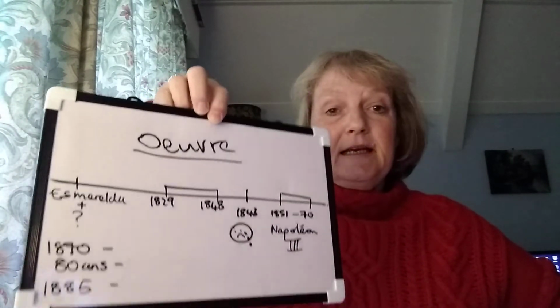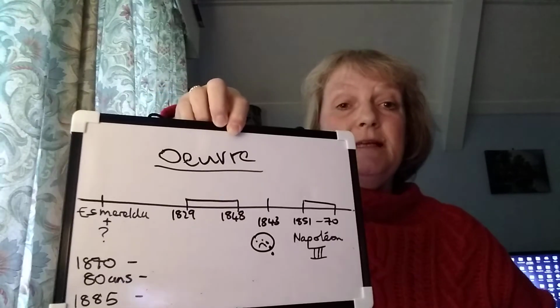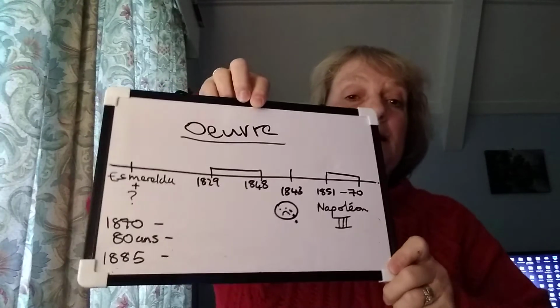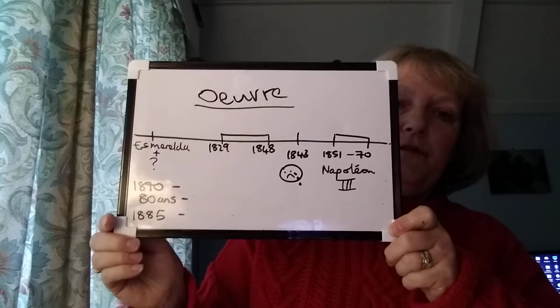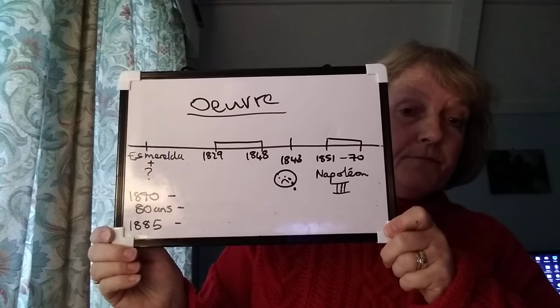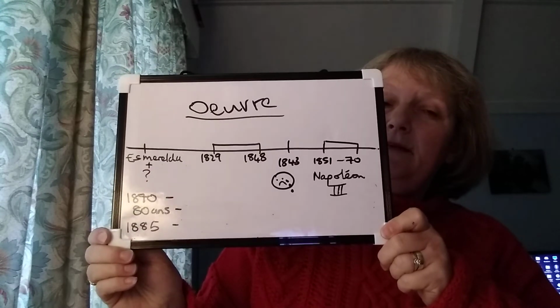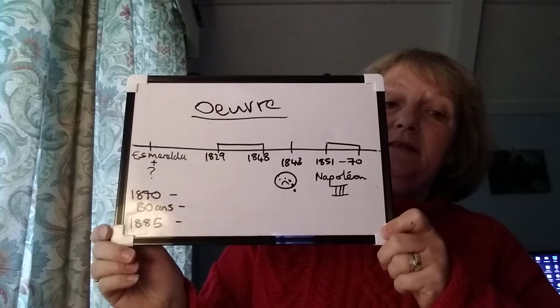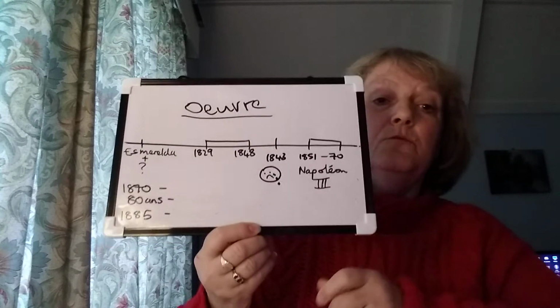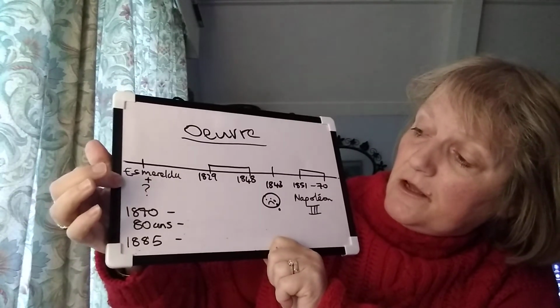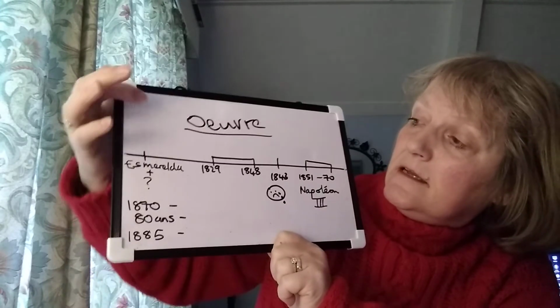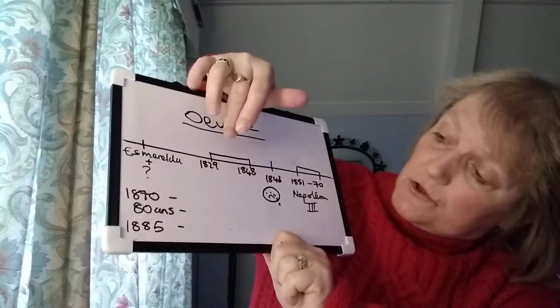Les pièces de théâtre, which I wasn't so familiar with. Les pièces de théâtre, plays. Les romans, novels, well known for those. Les poèmes. You'll find out something else about Victor Hugo as well in society, what his position was in society, what he thought of society as well, as you listen. So, talking about her, Esmeralda et qui, they were in one of his books, one of his works.